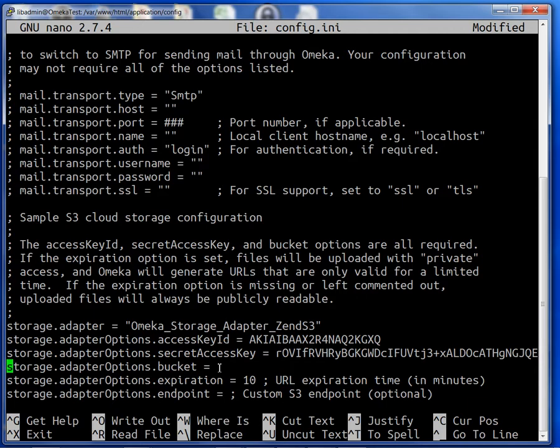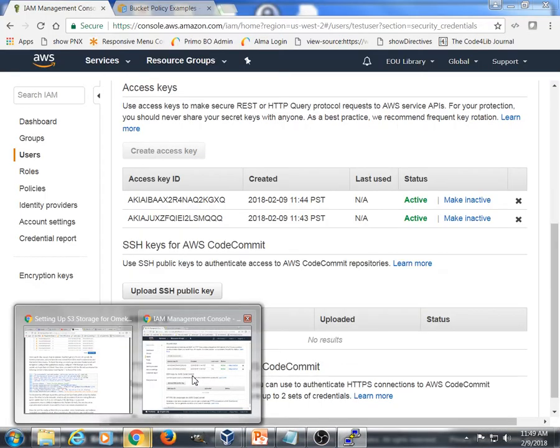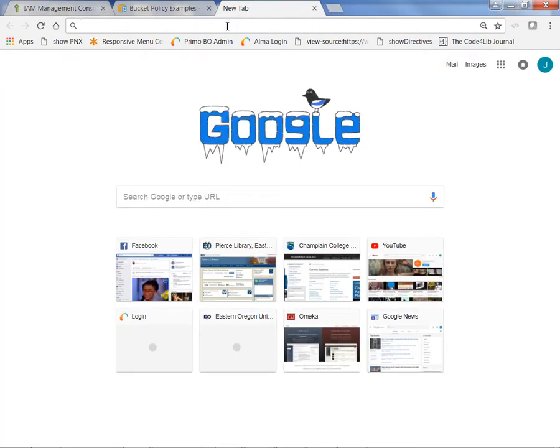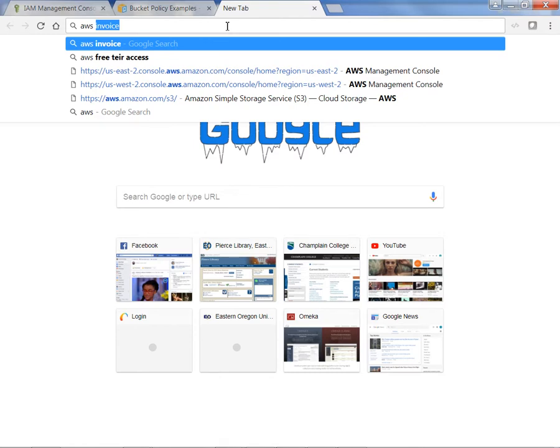So the next thing we need to do is put in our bucket name, and mine was called Omeka Repo Test. We don't have to change anything under the expiration. The endpoint, however, we do need to make some changes. So what I'm going to do is just open up a tab here, and I am going to look for AWS Region